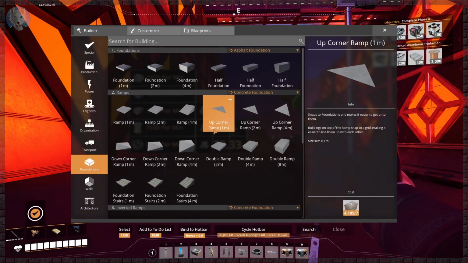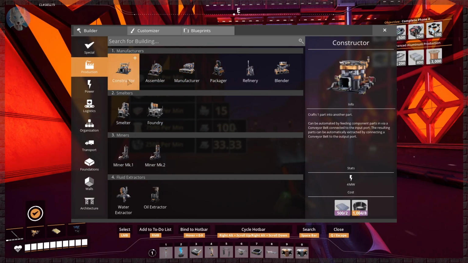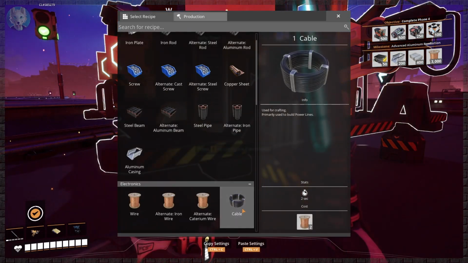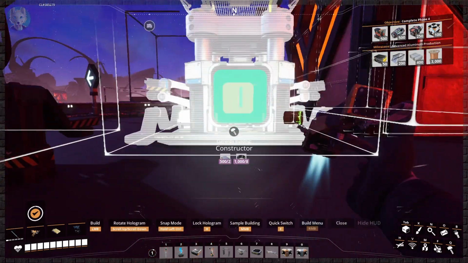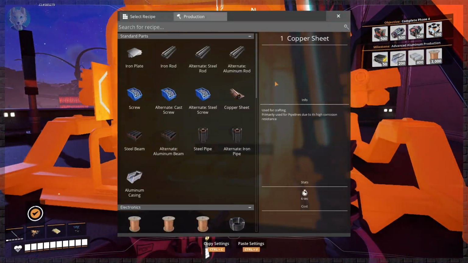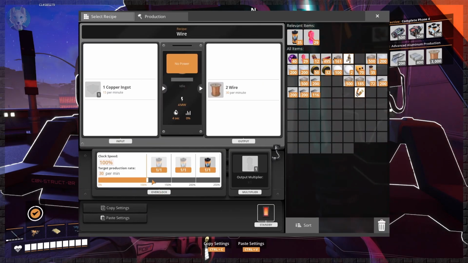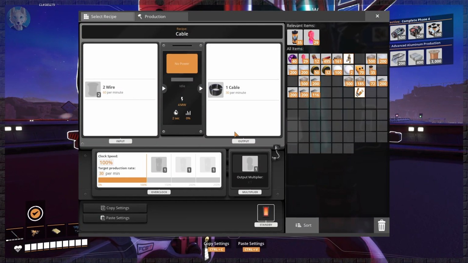Let's see, actually, how many... Hold on, production. I actually want to see something. Get cable. So it's 60 wire per 30 cable, so... Okay, then how much... Okay, so we're doing just the regular copper wire recipe, because this is going to be the coolest. So we got 75 there. Is there any way we could require...